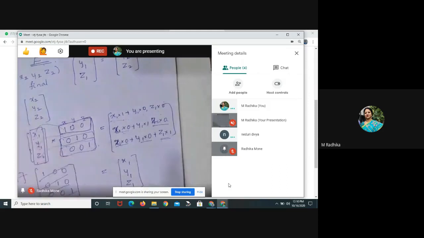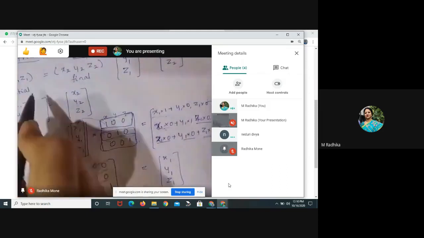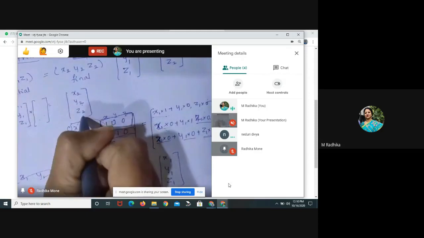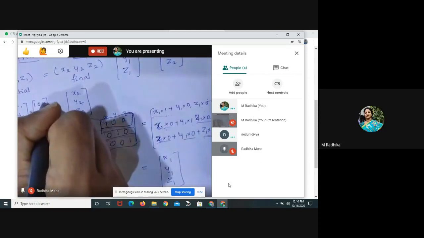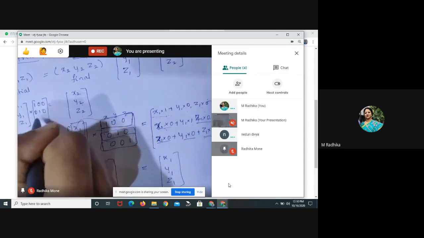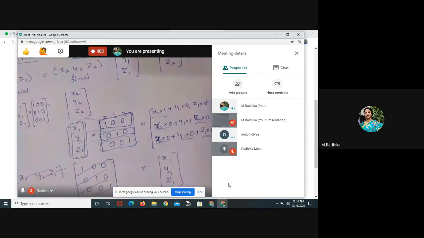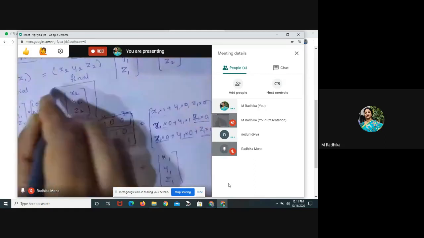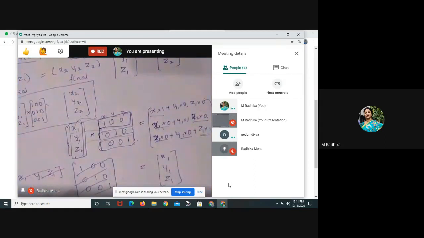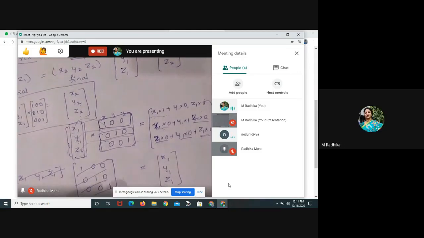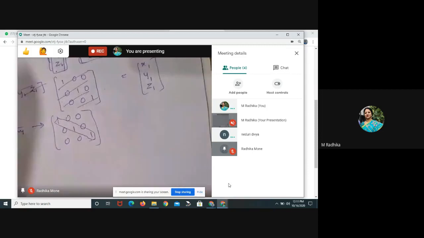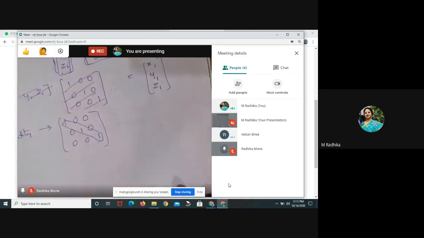So what did I do? I have done a multiplication. The new positions, that is x2, y2 and z2, when I do this particular matrix, I am getting back the same thing, right? So what is the identity matrix now? The identity matrix is 1 0 0, 0 1 0, 0 0 1. So on this diagonal I have all the 1s. This is the identity matrix.